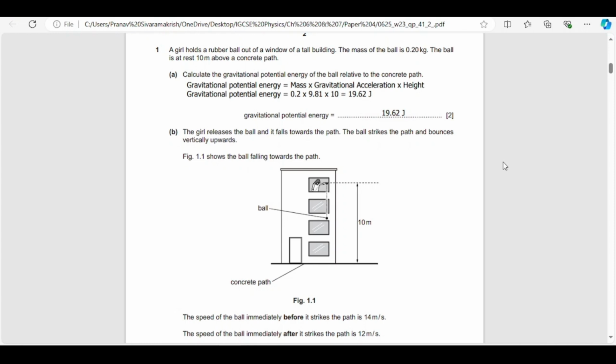So essentially what you've got is shown in this diagram here. You've got a girl, she's holding a 0.2 kilogram ball. It's 10 meters above the concrete path. So if you wanted to calculate the gravitational potential energy, its formula is mass multiplied by gravitational acceleration, or gravitational field strength, multiplied by height. I would always check what the gravitational acceleration needs to be assumed as, at the front